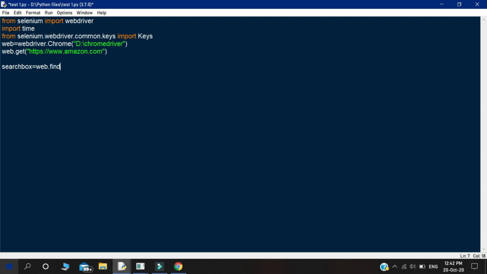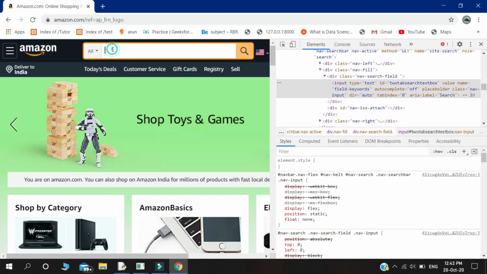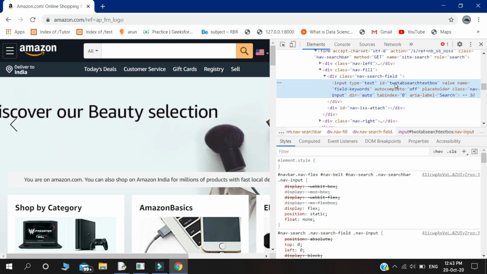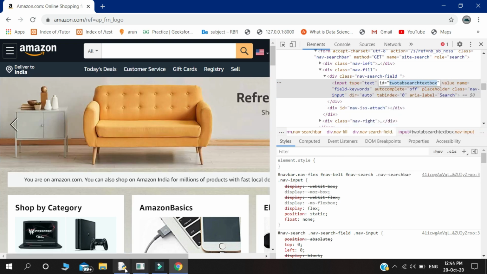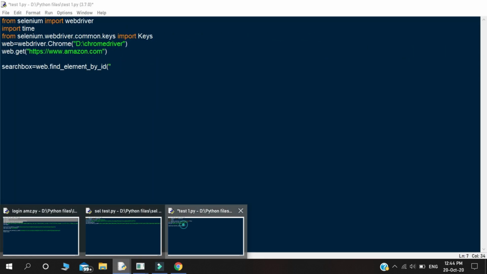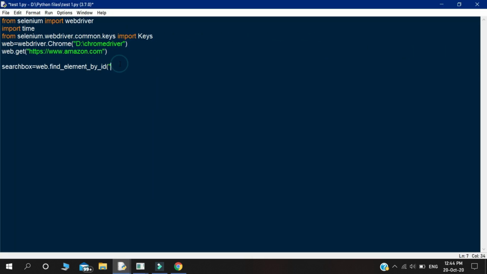I already said that we are able to find the element by various approaches, and finding the element by ID is also one of the approaches. We are going to find out the ID of the Amazon search bar. Inspect the search bar and you can see the twotabsearchtextbox in the ID element. This is the element that we want. So copy the ID and paste it in the search box variable that we created.